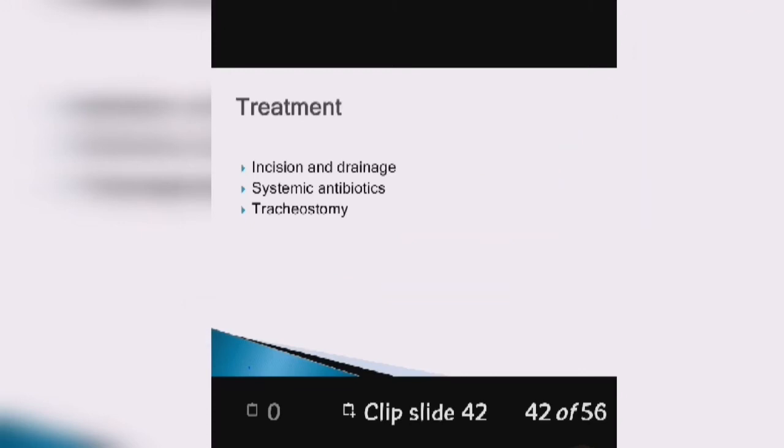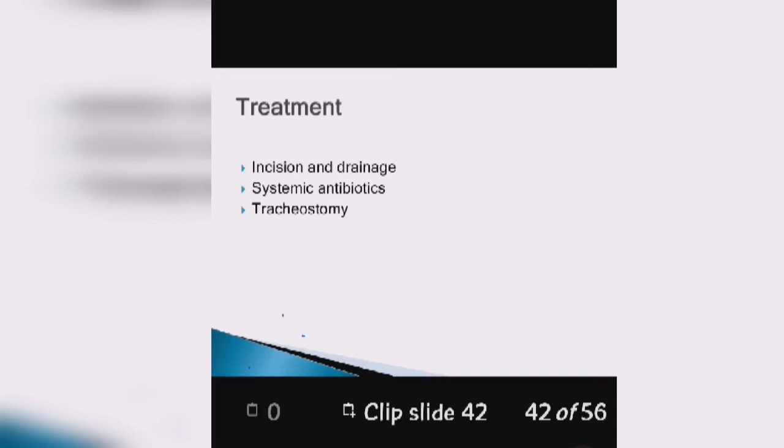Then a vertical incision is given at the most prominent area of the abscess. Suction should always be available to prevent aspiration of the pus. If done under general anesthesia, care should be taken that the abscess does not rupture during intubation with aspiration of pus. The pharynx is always packed. Aspiration of the abscess can be done before incision to release the pressure in the abscess and prevent a gush of pus.